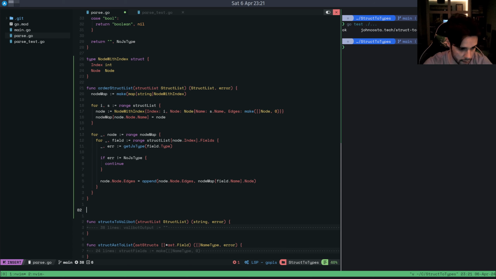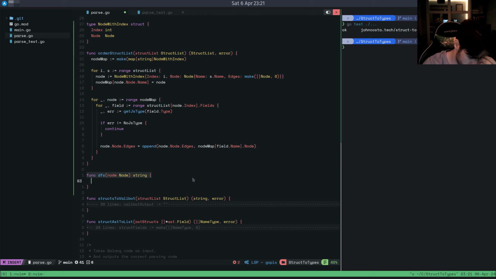So I'm going to say func dfs, that takes in a node, and it's going to return, in this case, just string, I think. Because what's going to happen is, okay, depth first search, what happens is we do a loop. There's a way of doing this non-recursively as well, of course there is, and it would be easy, but if you're going to do it the recursive way,